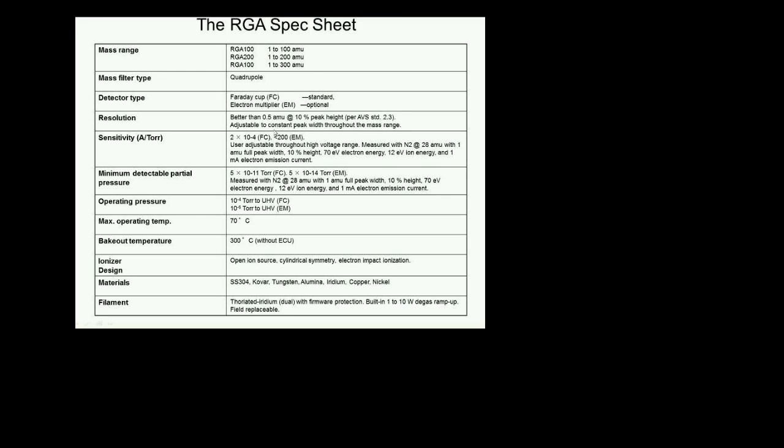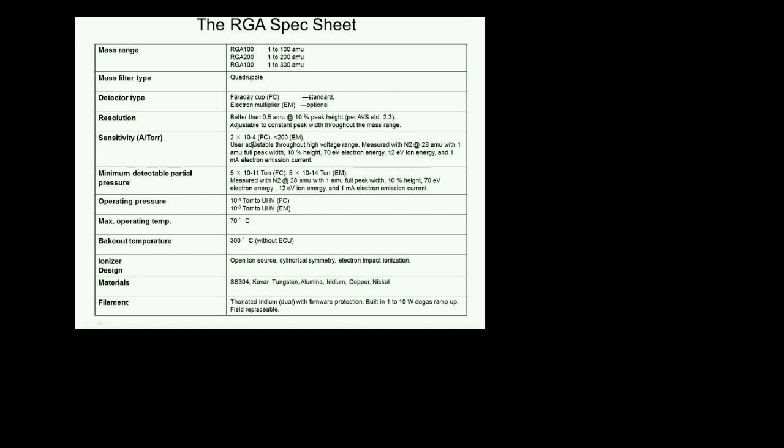So this is basically telling you how wide the peaks are going to be, which gives you a sense of the resolution of the device. And then there is the sensitivity, which we talked about. It says 2 times 10 to the minus 4 for the Faraday cup, right? And you can adjust it, and it tells you under which conditions of the ionizer this is done. What this means is that, again, what we talked about before, 2 times 10 to the minus 4